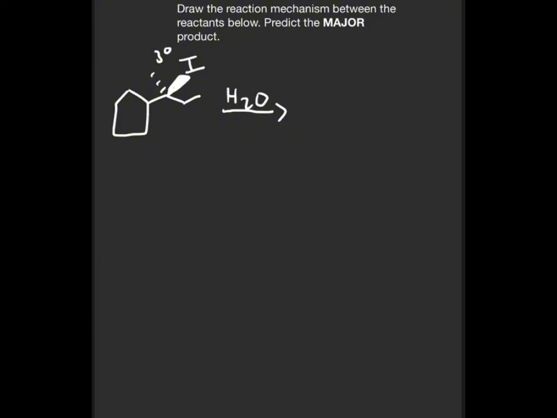So first, in our SN1 reaction, we know that the leaving group is going to leave. So I'm going to draw this right here. Our leaving group is going to leave. So we'll have a tertiary carbocation right here, and we're going to have that iodine. That's kind of wonky, but